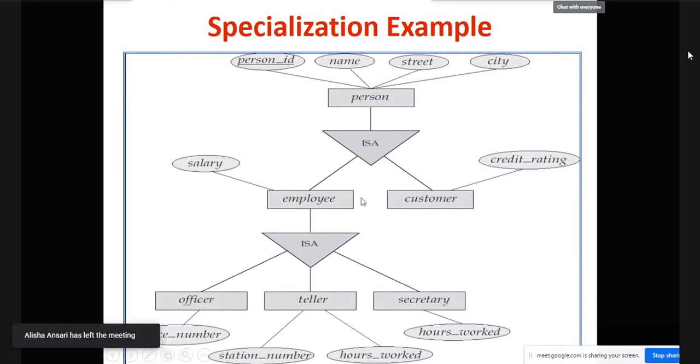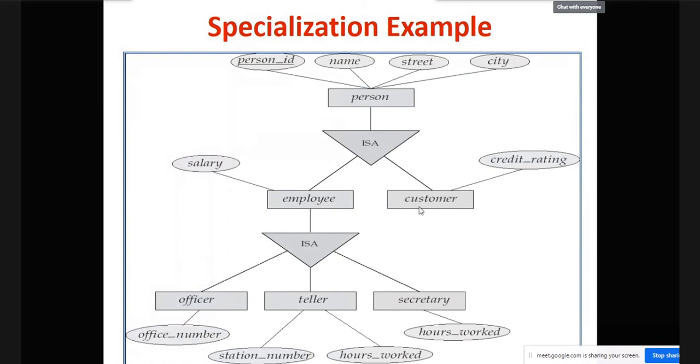So that can be represented for your enterprise, your organization. I am working in my organization, but I have taken share of my organization. I have purchased the shares. So I am also a customer. I am also employee. So person. So employee is a person. Customer is a person. Correct? Employee is one of the person. Customer is also a person for your organization. If you are employee, then you will have salary, but for customer the salary is not there.